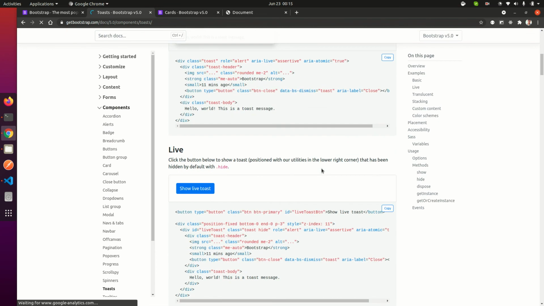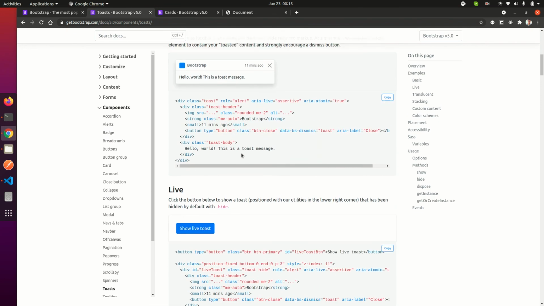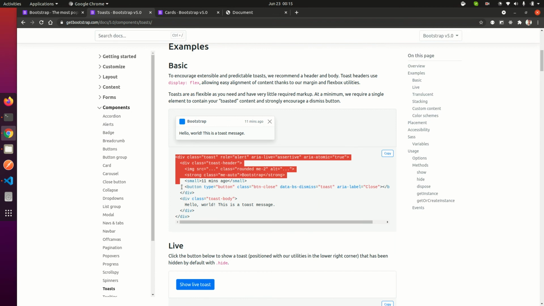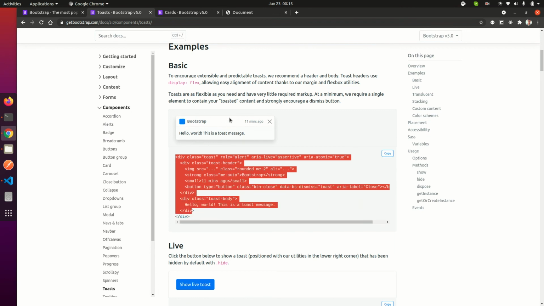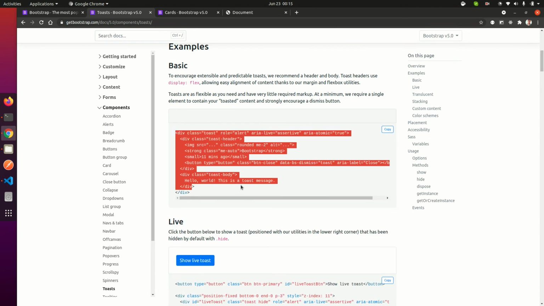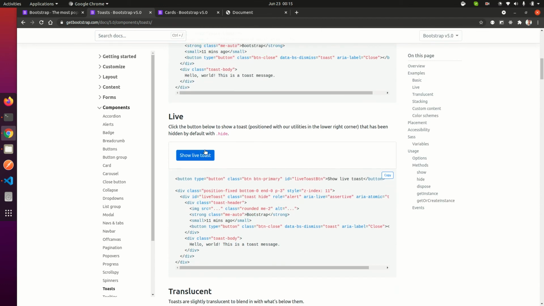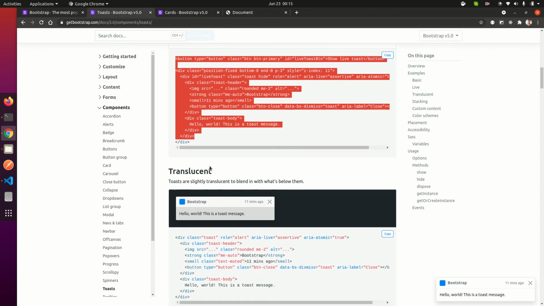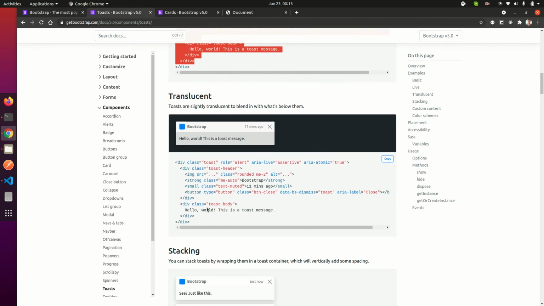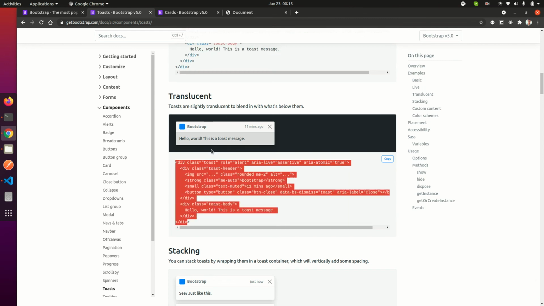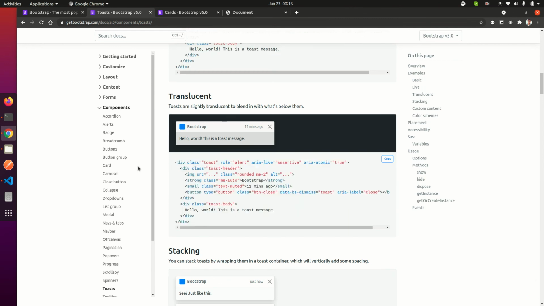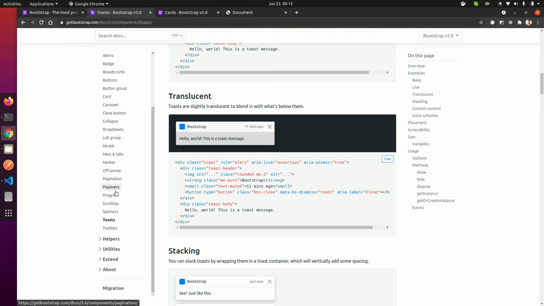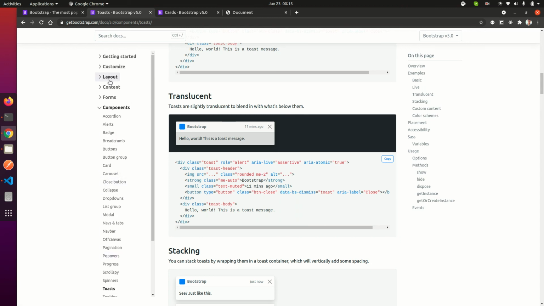See that toast is looking so nice without any effort. If you go on designing this by yourself, you have to write a lot of CSS, I guess. But using Bootstrap, you can do everything without writing anything at all. You have to write no CSS and you get all this styling effortlessly. So I would suggest that you should go explore Bootstrap, use it in your projects, and